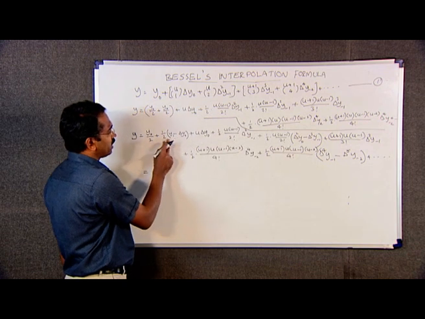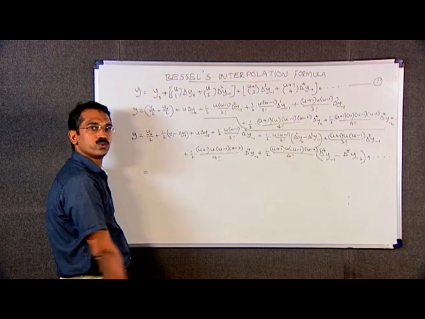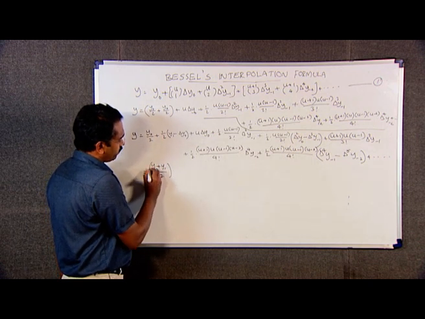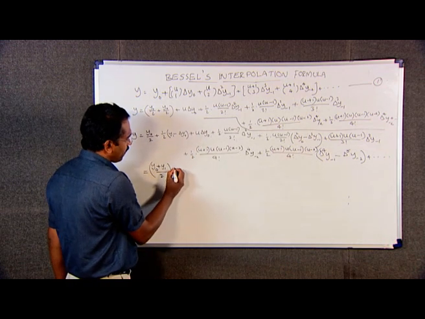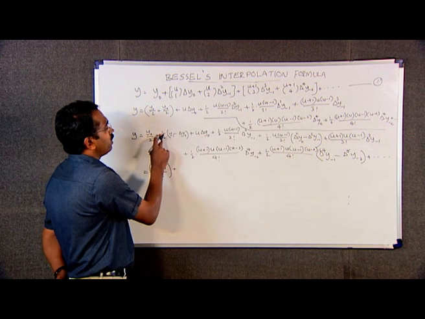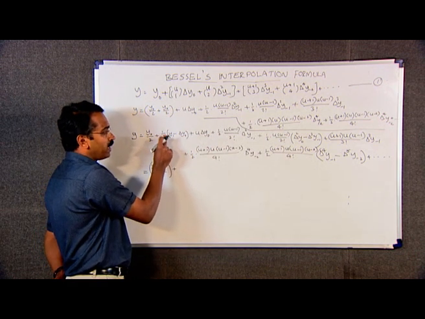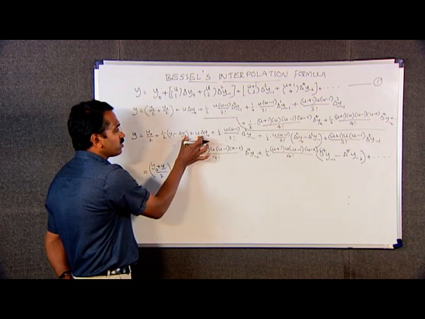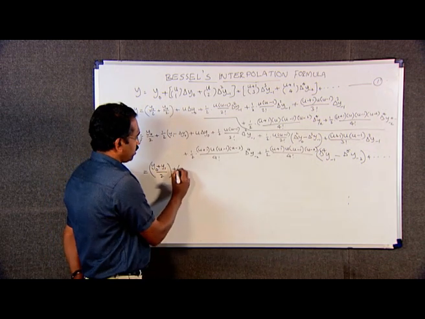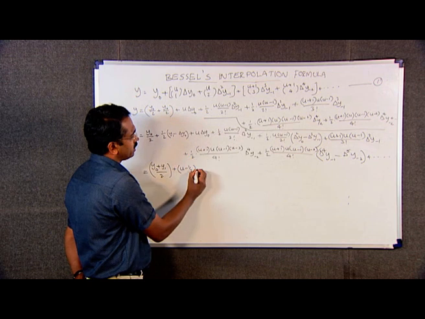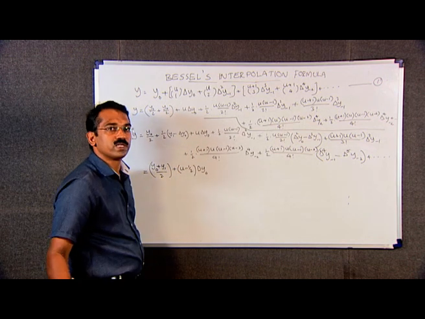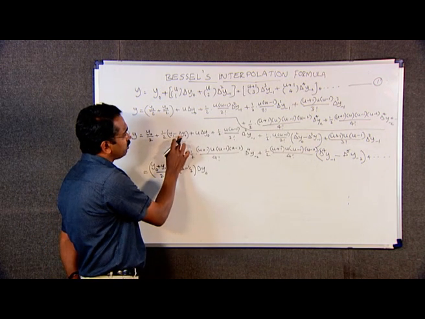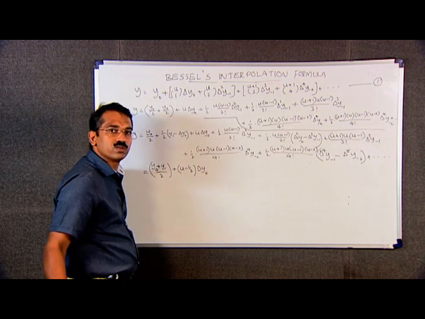From these two we can write y naught by 2 plus y 1 by 2. That means y naught plus y 1 all divided by 2, plus, here 1 by 2 into minus delta y naught means minus 1 by 2 delta y naught, plus the next term is u delta y naught. Combining these two terms we can write u minus 1 by 2 into delta y naught. Delta y naught can be taken as a common factor. We can write u minus 1 by 2 of delta y naught plus,